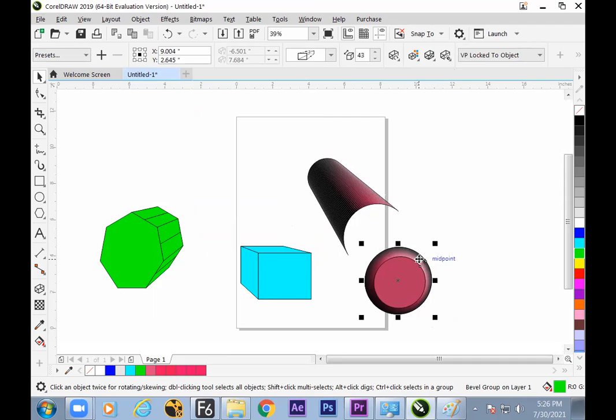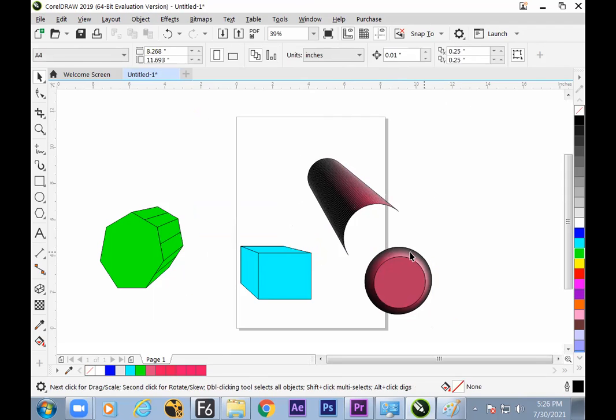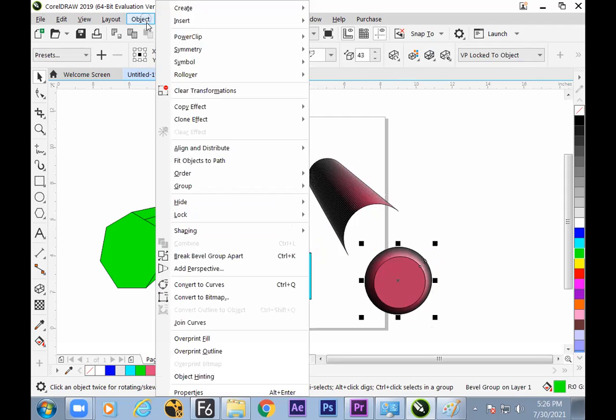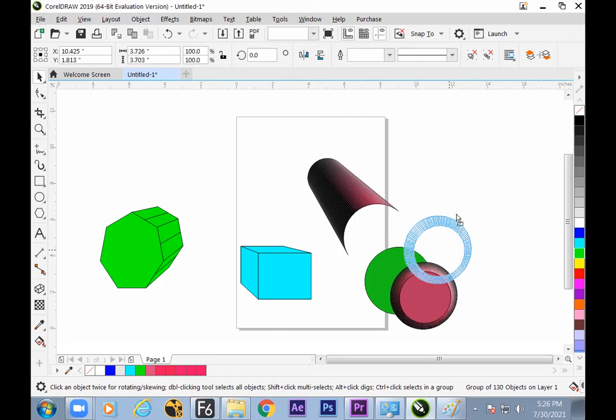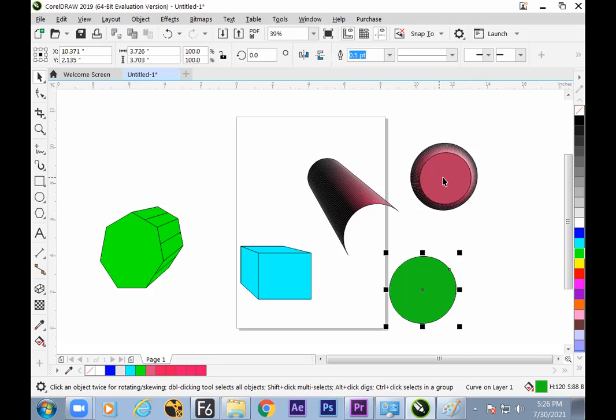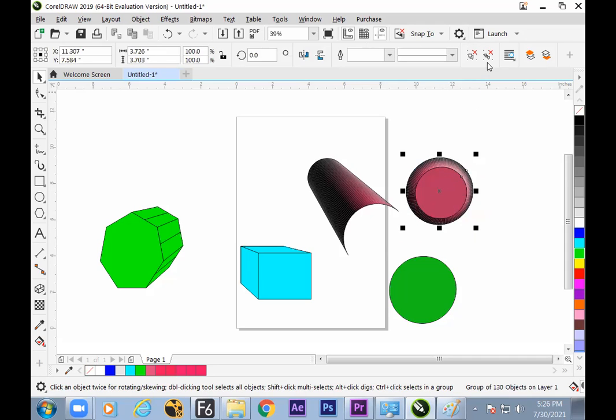Again, this is the special part which is along with this extrude option. Yes, this also can be broken apart and separated. So hope we have understood how to break them apart and get them separate. Break apart is always the option available, and ungroup. So everything is now grouped. We can get it separate independently. Now the technical part is finished. We'll switch to the artistical part of the extrude.